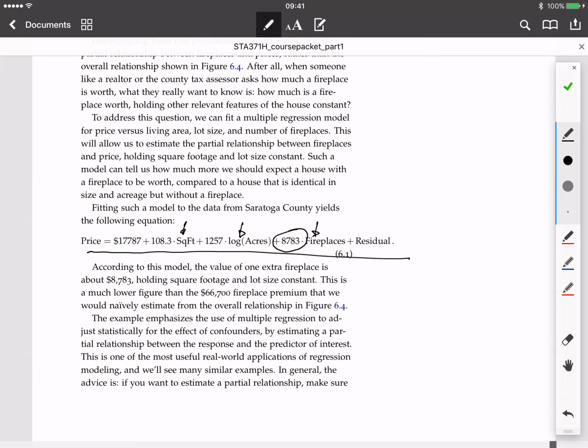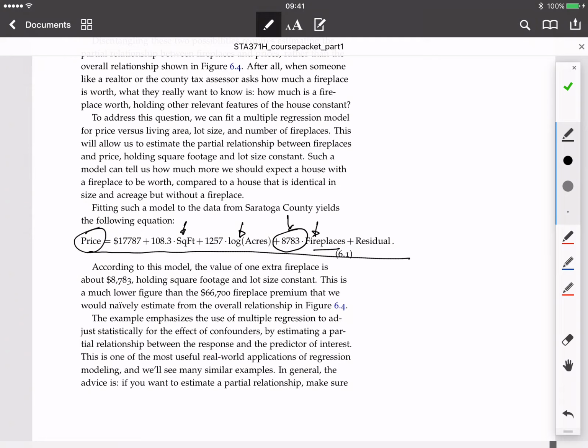And once we adjust for those confounding relationships, fit a multiple regression model to hold those constant and get the partial relationship between fireplaces and price, we see that it's a lot smaller. And so this example emphasizes the nice use of multiple regression to adjust statistically for the effect of confounders of a relationship between a variable of interest, like fireplaces,